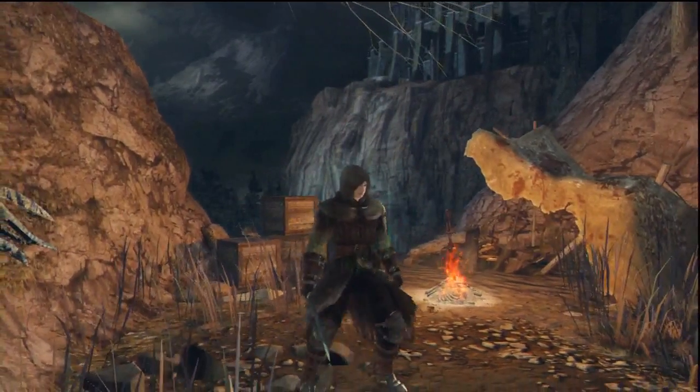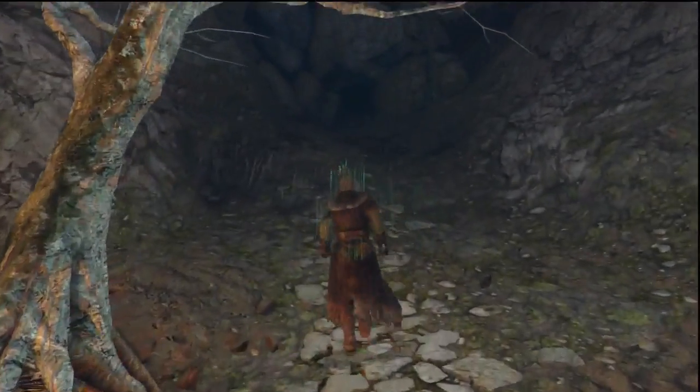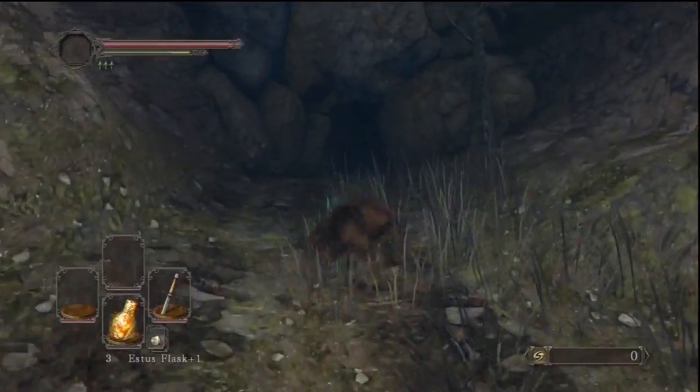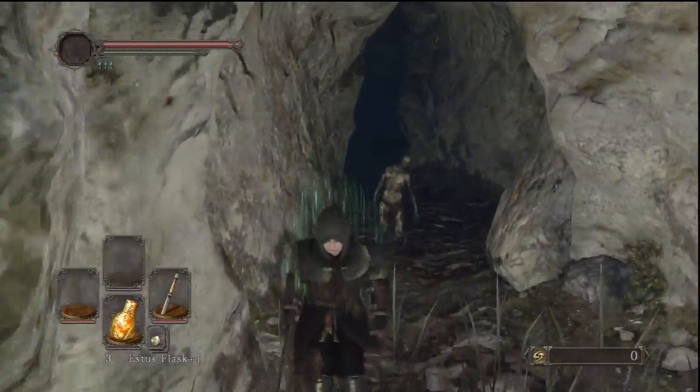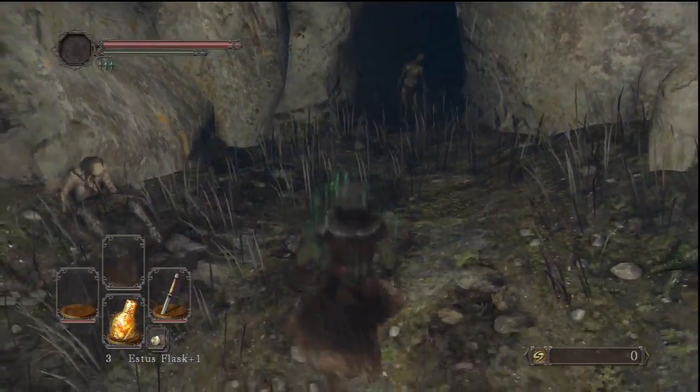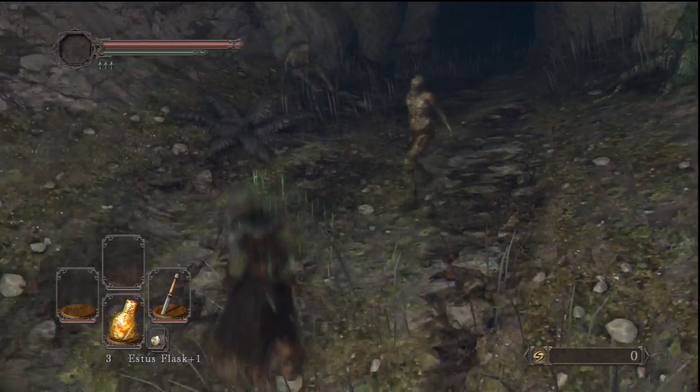This is episode 2 of our Dark Souls walkthrough, and as we get started here on Huntsman's Copse, I have a little bit of explaining to do. As you can see, we don't have any souls. In the last video, we did have about 4,000, so I took those souls and...